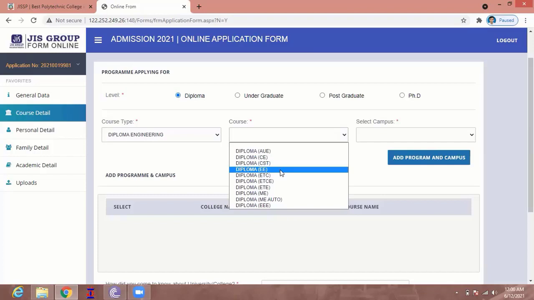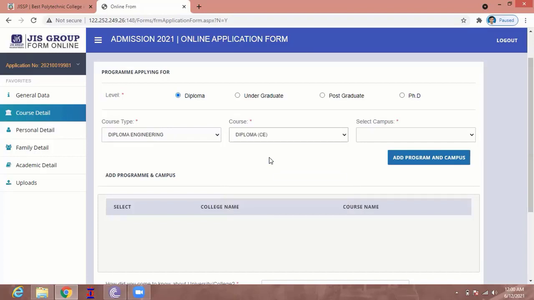For the electrical engineering trade, you have to choose diploma EE. To get admission in electronics and telecommunication, you have to choose the corresponding option. And to get admission in mechanical engineering, you have to choose the option diploma ME. For example, I am choosing diploma CE, in which I am interested to get admission in this college this year.